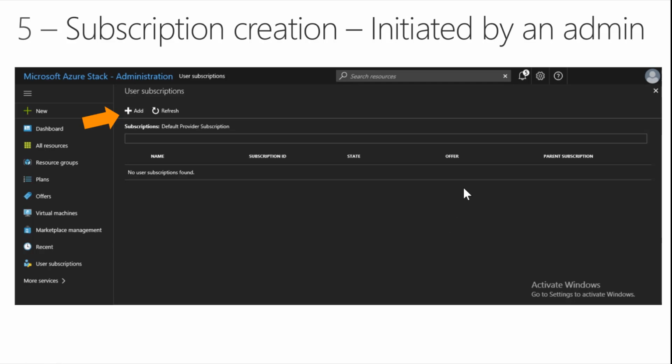So on the left-hand side, when you see your resources, you see the resource groups, plans, offers, more services. We can click little gold stars and make things appear in there. The easiest way to find things is go on the top and just say search resources. So if you type the word subscriptions in the administration portal, again, notice in the upper left-hand corner, it says